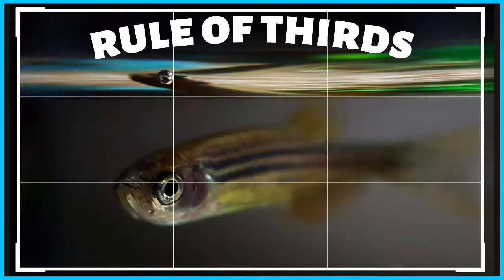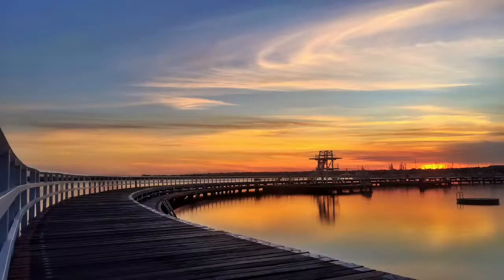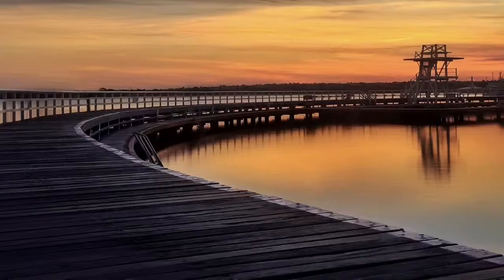Now, I'll give you an example here, this photo here. In this photo, the horizon is smack bang in the middle of this frame. Now, what does that mean? Well, for me, when I'm looking at this, it's obvious that the pier is the main area that we want the viewer to look at. But when the horizon is in the middle like that, it's splitting our attention and our focus between the foreground and the sky. So it's not really obvious what the main thing is that you want the person to look at. Now, if I do this example here, so here I've recropped this photo, and now it's no question,